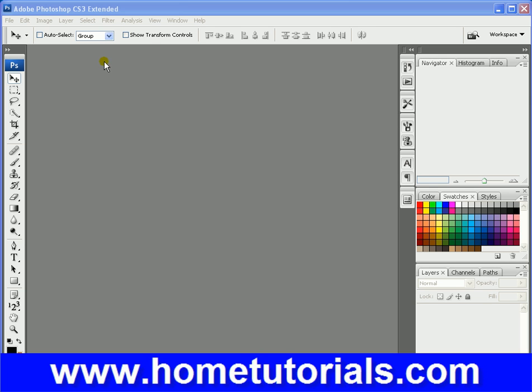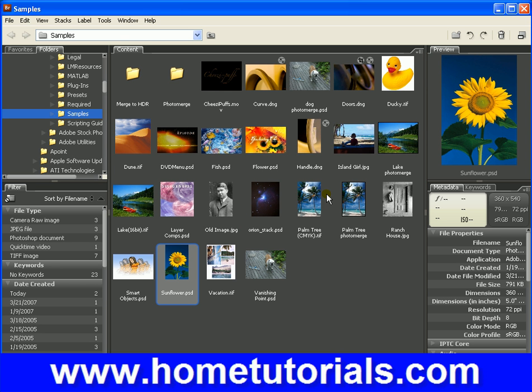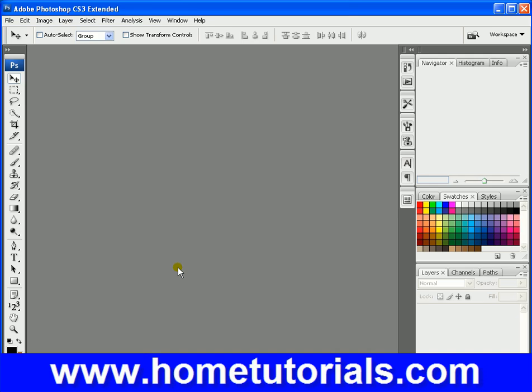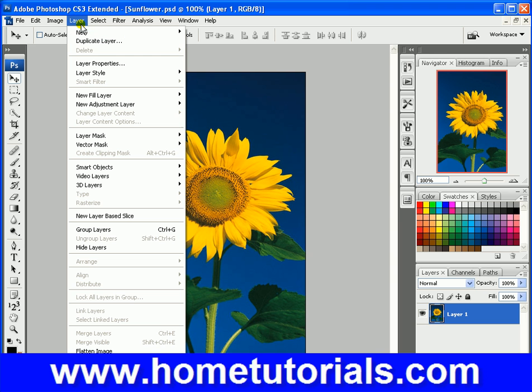Now in this lesson we're going to move on to the layer menu. So first we need to open a document. I mean, not a document, a picture. So let's grab the sunflower. And remember, a lot of these things that you're going to be able to accomplish the same